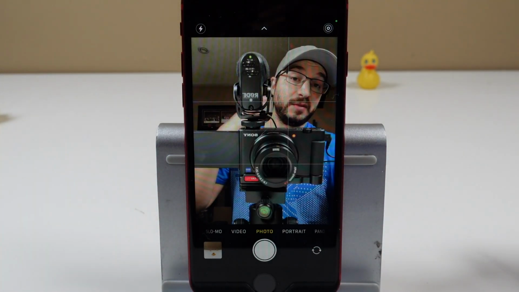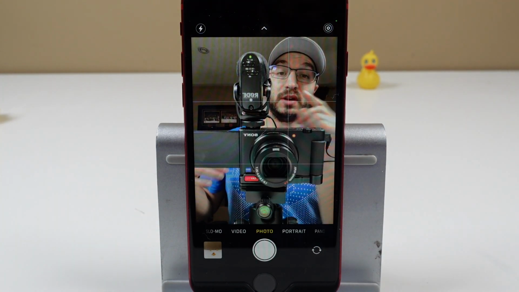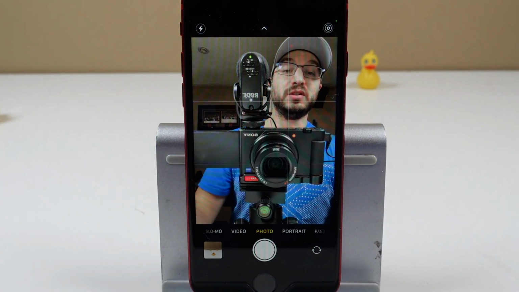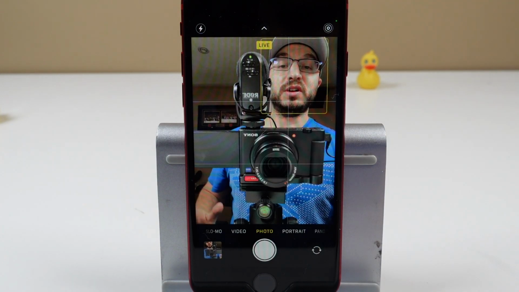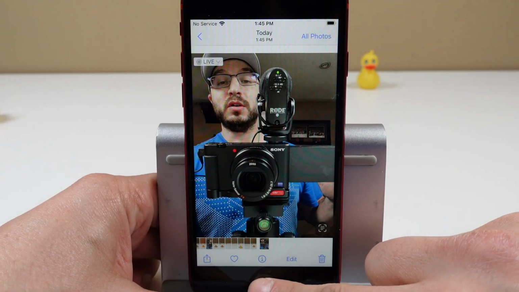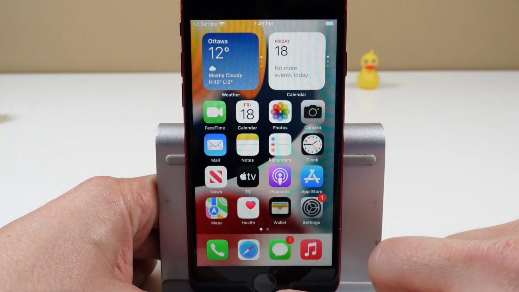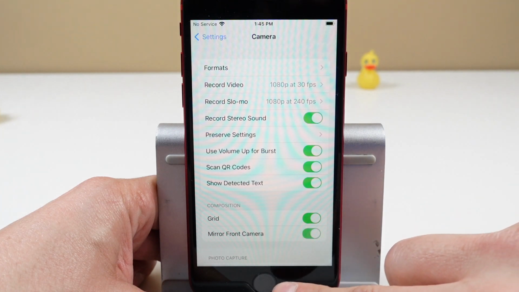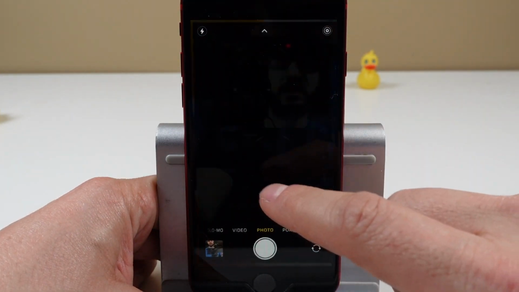So you can see me, I'm on the left or I'm on the right here, and you can see the words are backwards. When you take a photo, what it does is actually flip you to the other side, and the words are forward. They're the way you would normally see them. A lot of people don't like this. I don't mind it. But if you turn mirror front camera on and you go back into your camera app here,